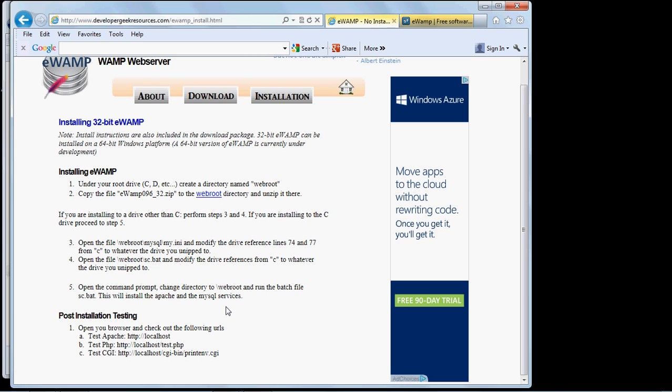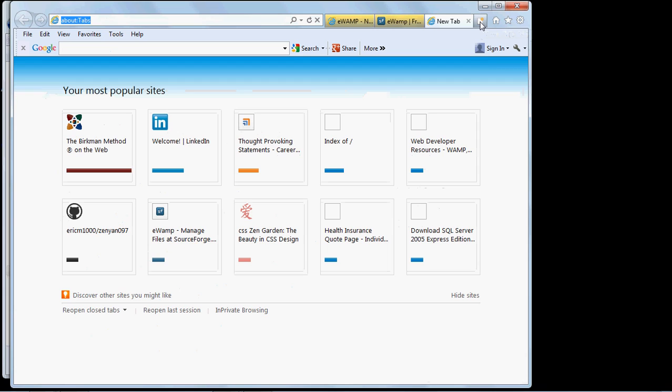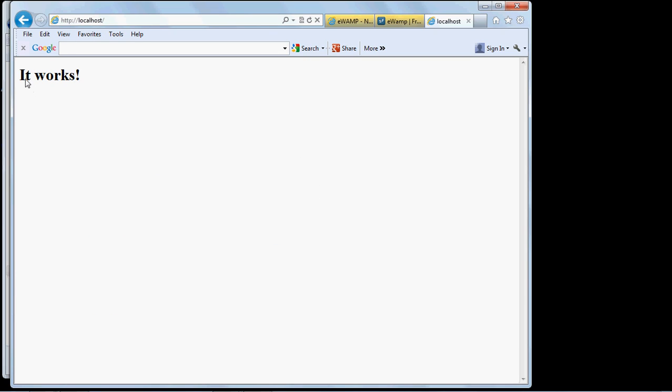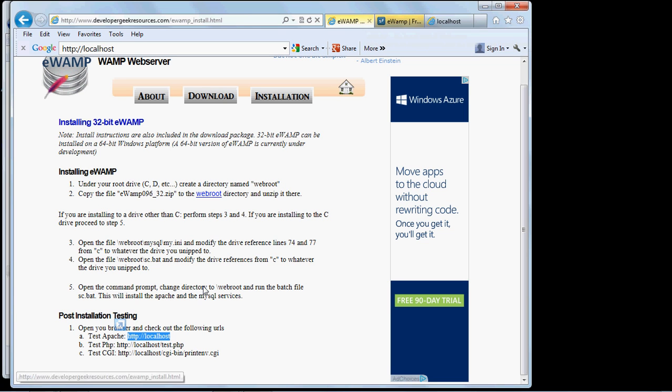Okay, for the post-installation testing, we're going to test Apache, and we're going to test that PHP is going, and we're going to test Perl CGI. So I'm just going to grab the URL straight out of here, Control-C to copy it. I'm going to open up a new browser tab here. I'm going to paste the URL in, and there we get the famous "it works," which tells us that Apache's working fine. Now let's go back and test PHP,